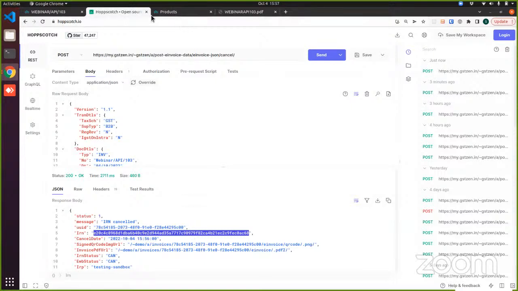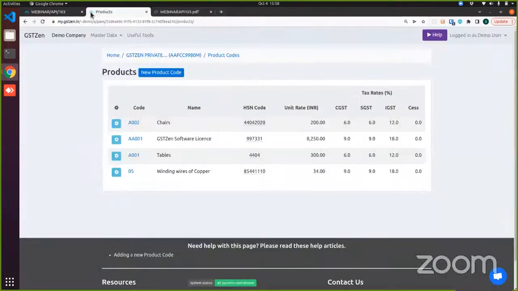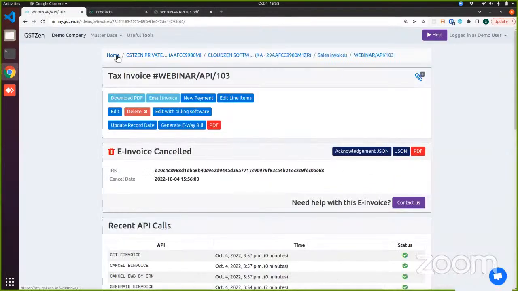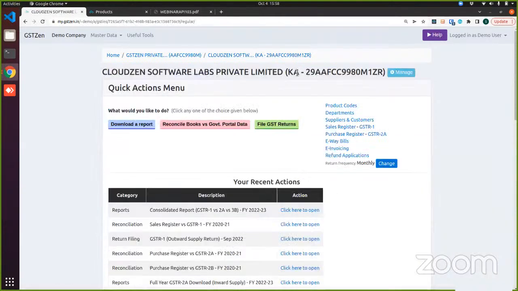And now we will be looking at our billing software. This is the last part of my demo, after which we can take questions both on the theoretical part of e-invoicing and Gstsm software. So coming to Gstsm's billing software, this is where you can create an invoice by manually entering data and then also create an